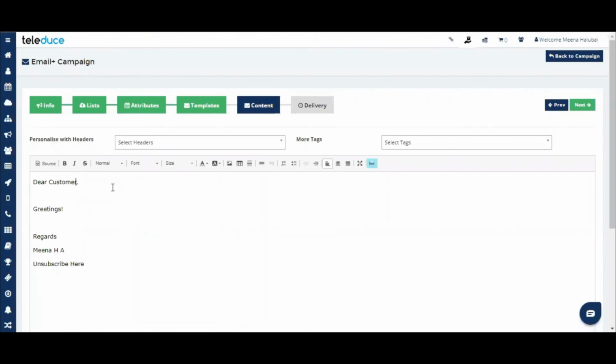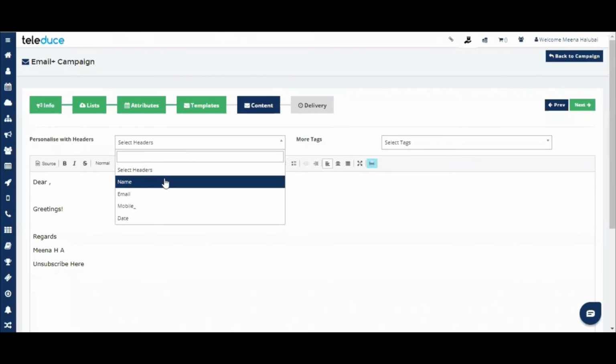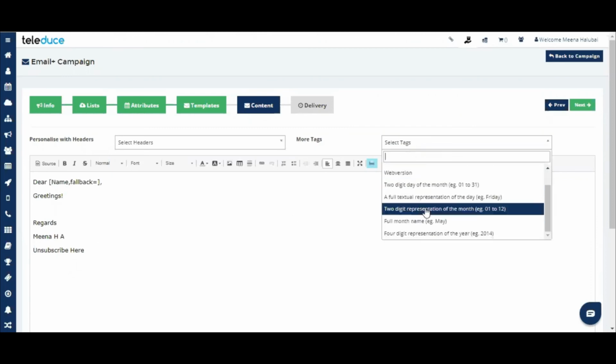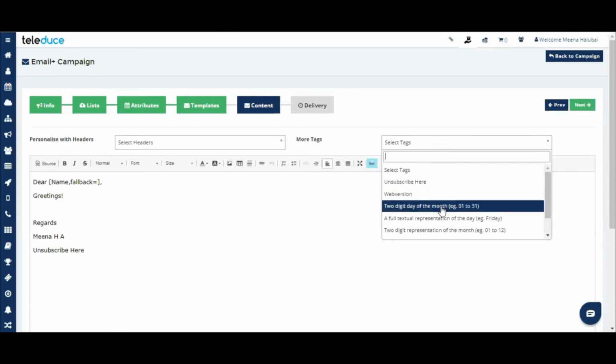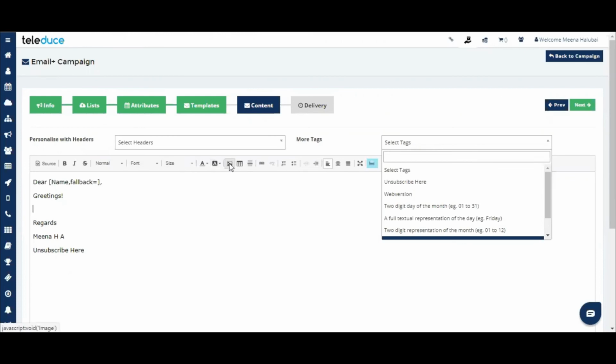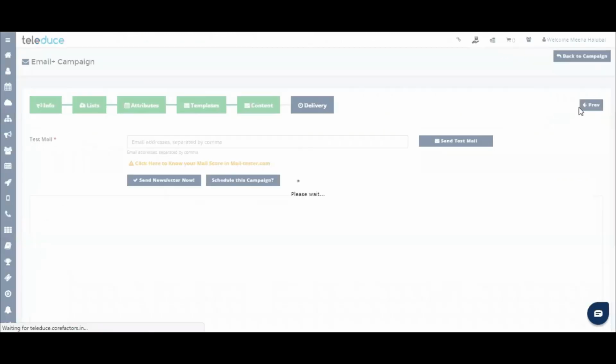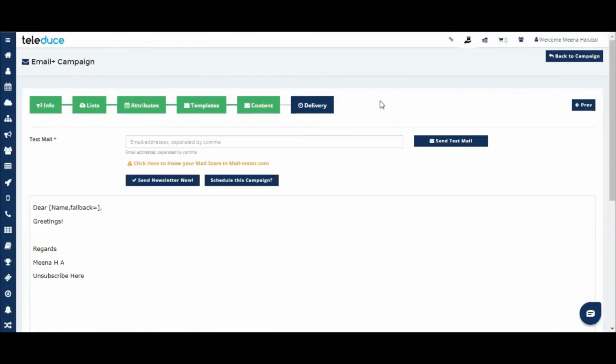Instead of customer, you can give a personalized name and click on greetings, and you'll be able to do these things. And you can utilize more tags as well if you wish to. And yeah, these tabs are common, like font size, style, all these things are common. You can utilize them.